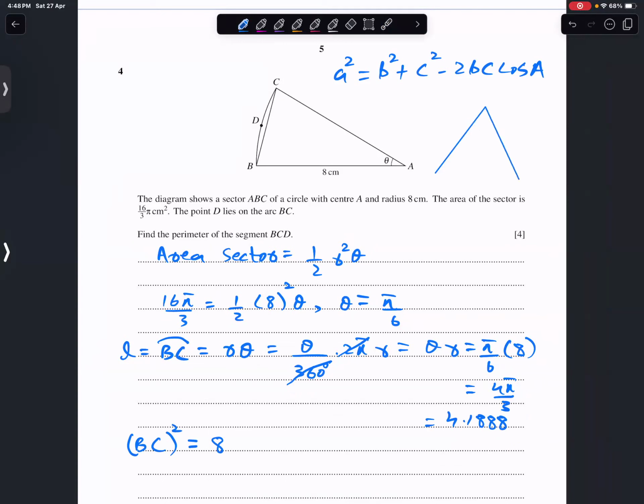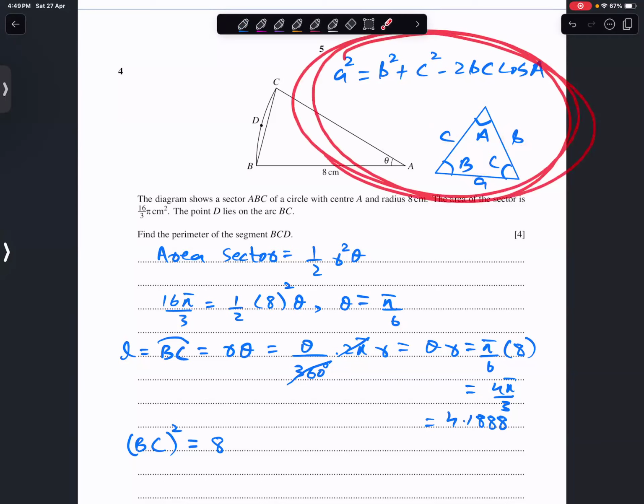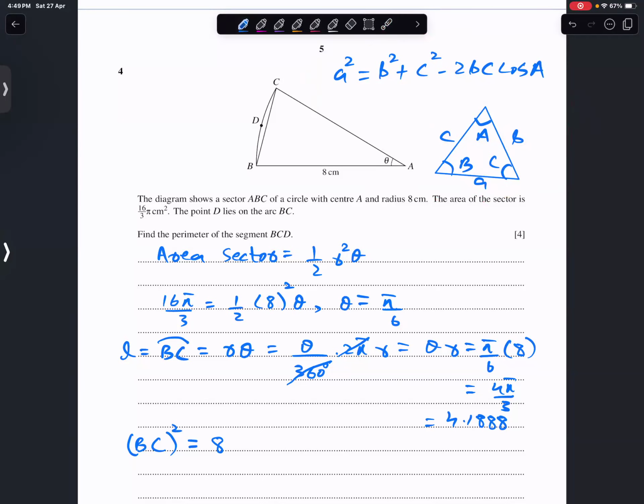ये टूल्स आपको स्टूडेंट्स हर टाइम आने चाहिए, लॉ ऑफ साइन और लॉ ऑफ कोसाइन, कभी भी काम आ सकता है। हारिस मेरे साथ कर रहे हो हारिस? जी सर। पेपर मेरे साथ करना है यार, मैं कल चेक करने आऊंगा स्पेशली। a² किसके इक्वल होना है बच्चों? b² + c² − 2bc cos(angle). आई नो ये आपको आता होगा, लॉ ऑफ कोसाइन, वही लगा रहा हूँ। 8² + 8² बिकॉज दिस इज ऑल्सो 8, माइनस 2 टाइम 8 टाइम 8 टाइम cos of angle between 8 and 8 which was π/6।